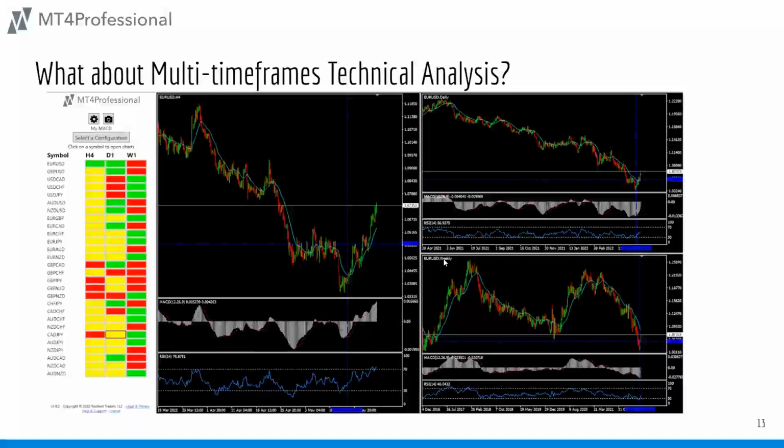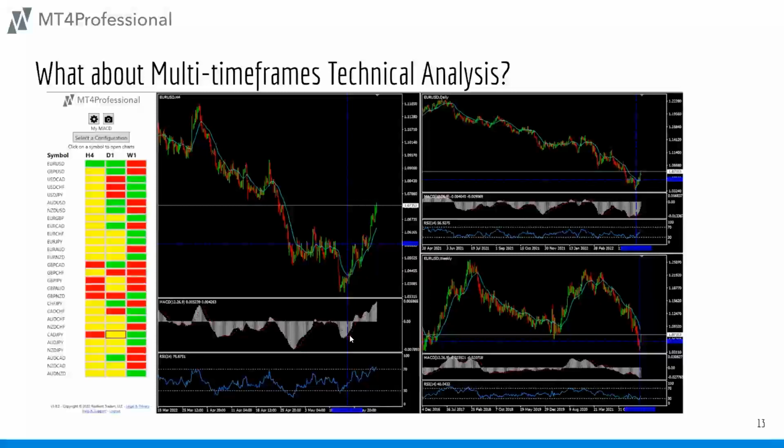And on my weekly chart, I need to see that relative strength is positive, that it is growing with strength. I probably won't get a MACD signal. I almost definitely won't have price greater than an EMA. But if I see relative strength gaining strength, that's all the confirmation I need to confirm this as an entry point. And as you can see, from this point to here, that's over 300 pips of profit that could have been made by identifying the trade and trading it as it moved into that setup.